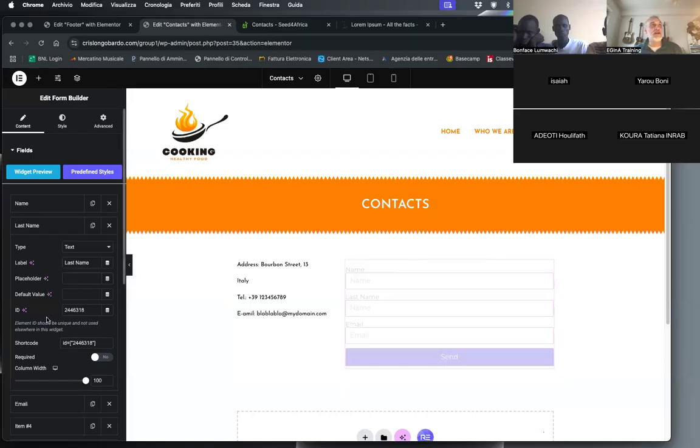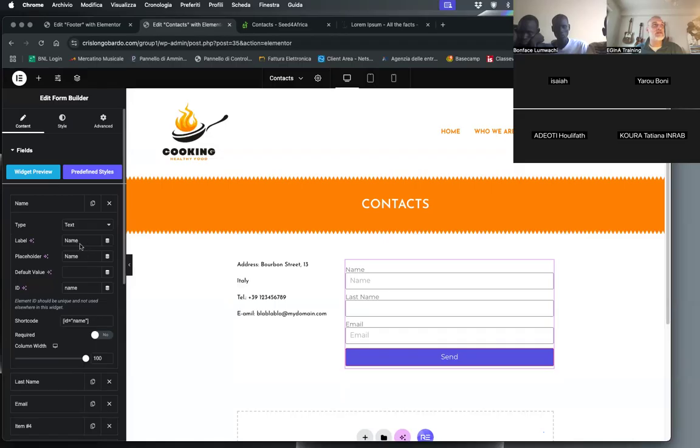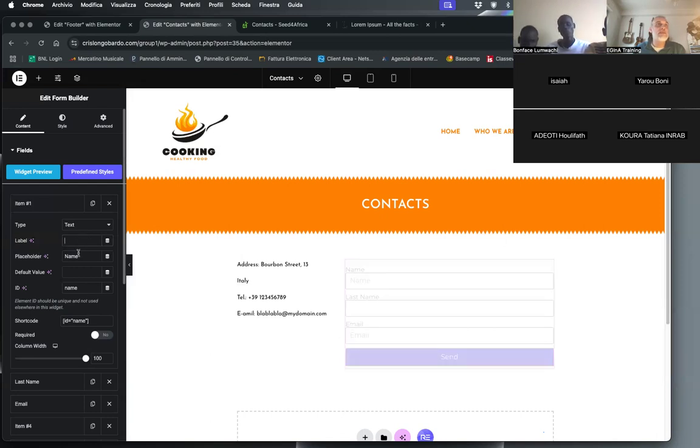Otherwise, you can cancel, delete this if you don't want the placeholder. Okay, or you can do only the placeholder inside, but you don't want the text over the form. You can cancel, delete the label, and